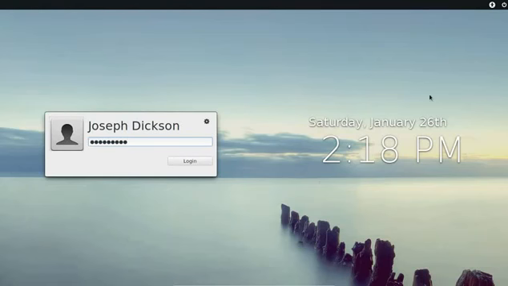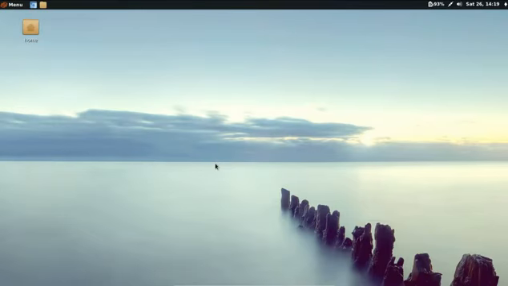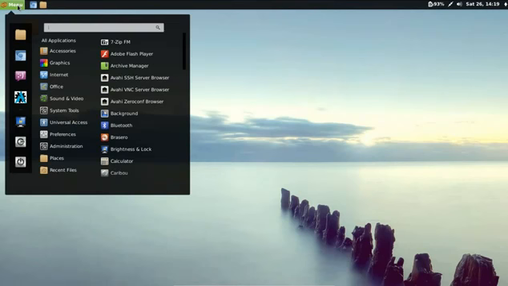Welcome everybody. Today we'll be looking at Cinnarch, which is an Arch Linux based distribution using Cinnamon as its desktop environment. As you know, Cinnamon was developed by the Linux Mint team as a replacement desktop for GNOME 3. And what it uses is a